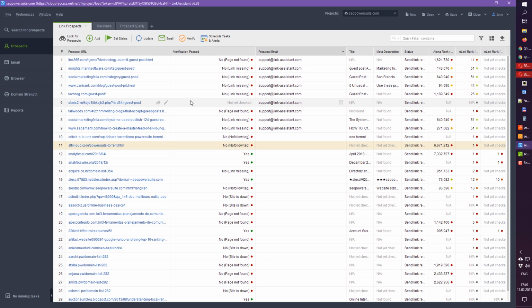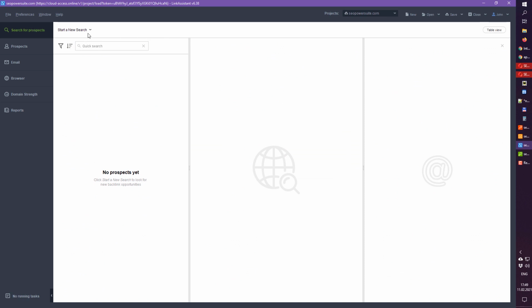So that's how it works. LinkAssistant is not quite accurate in suggesting links from the same country-level domain. Can it be improved? Well, it depends on what kind of search method you use, because if you select to